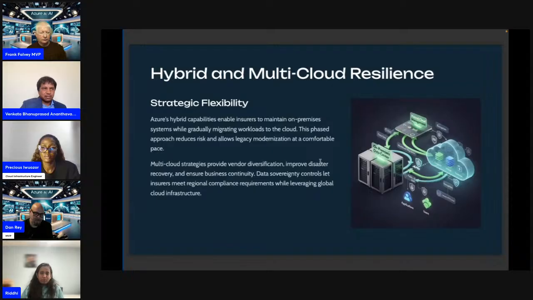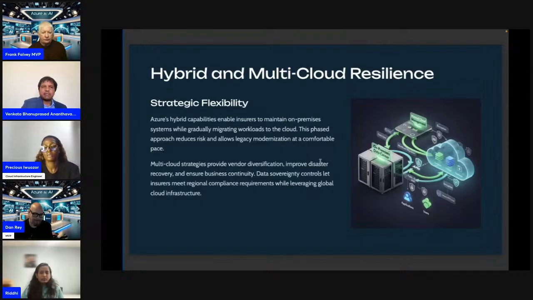Microsoft Azure offers robust hybrid capabilities that allow you to maintain on-premises systems while gradually migrating workloads to the cloud. This phased, low-risk approach enables incremental legacy modernization, reduced operational disruption, and seamless integration between cloud and on-prem systems. It helps control the migrations, aligned with business priorities.